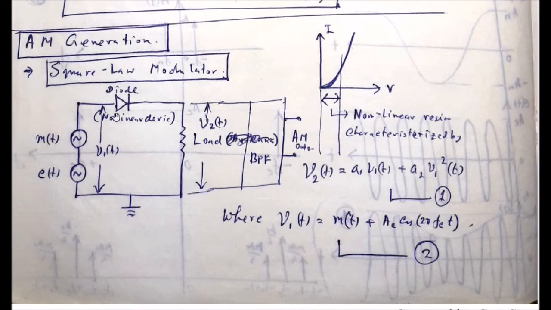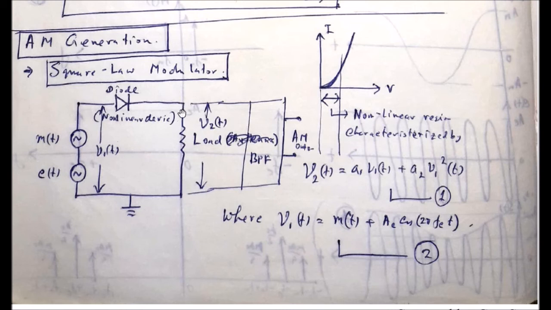It is the applied voltage across the diode here, and this v1(t) should have a very low range of values, in the range of this amount, starting from 0 up to a maximum of 1 volt. This value should not be very high, so that the voltage across the diode does not go beyond this region. It should remain within the non-linear region. So it is the non-linear device, the diode, and now there is one load.